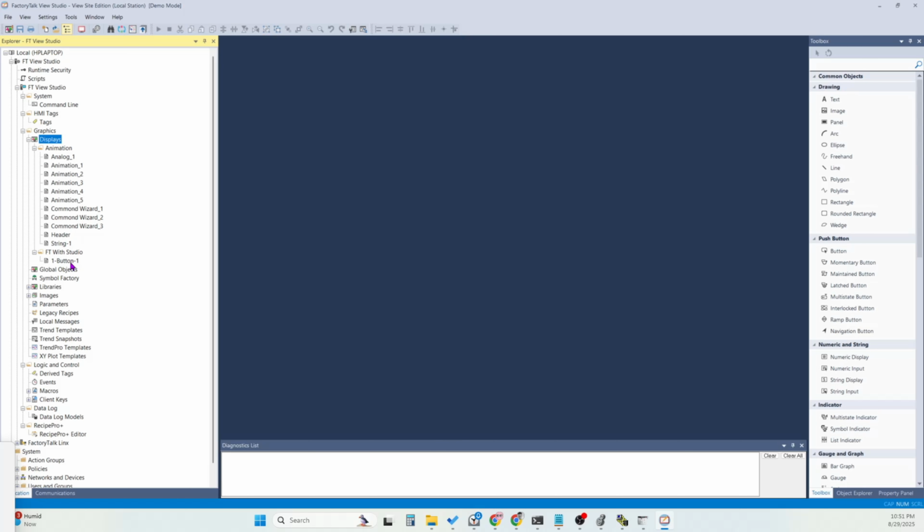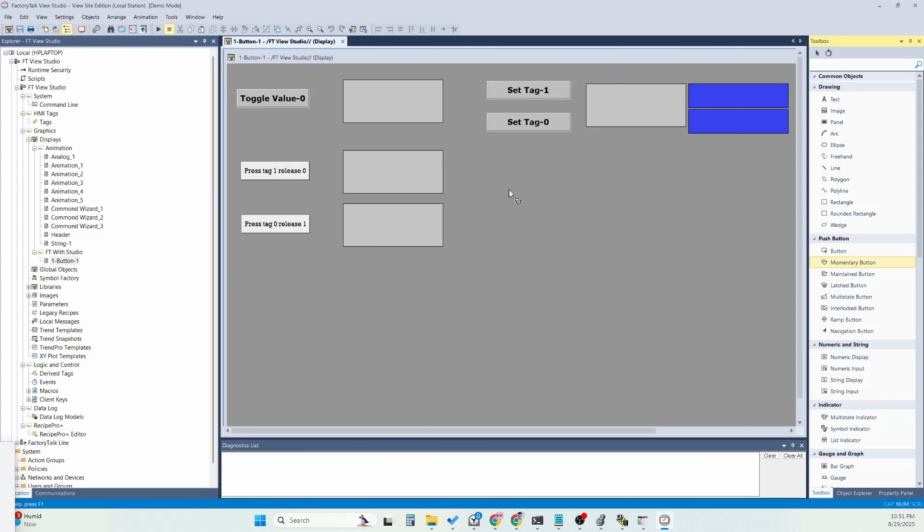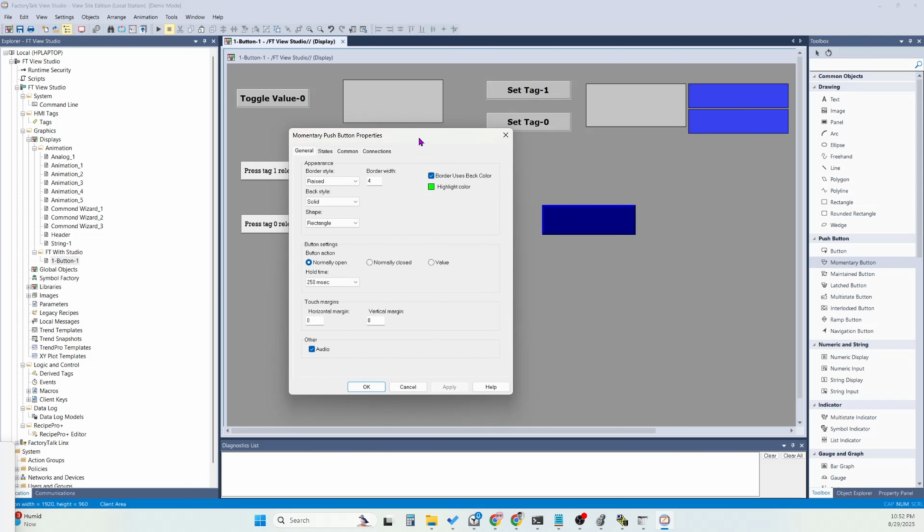If you don't know how to create a page and how to do settings, on this particular topic I already created a video. Please watch it and you can learn. Open your screen, click on it, drag it and drop it here. Then one pop-up opens. You have to know what this pop-up is saying because you are going to connect